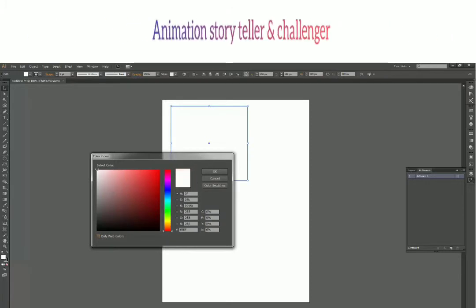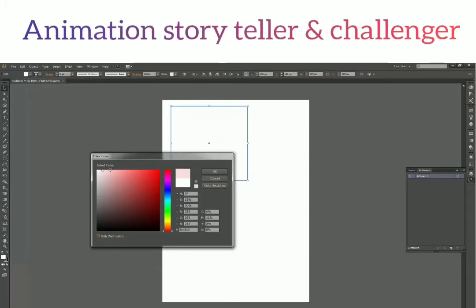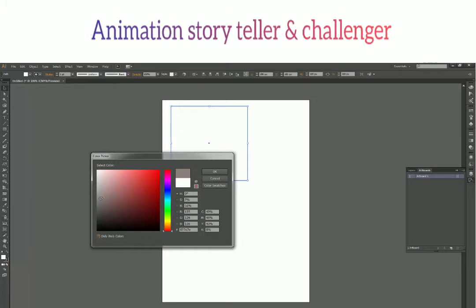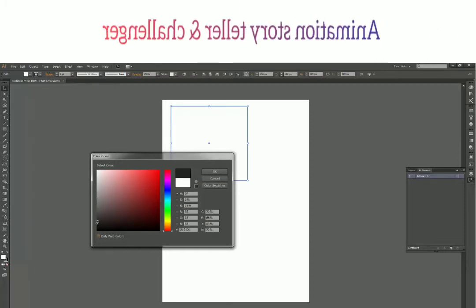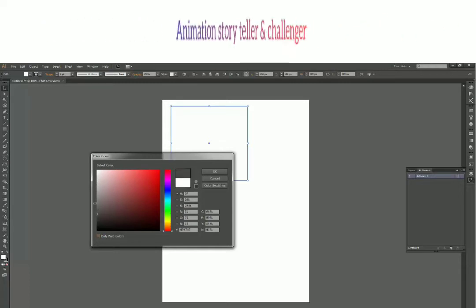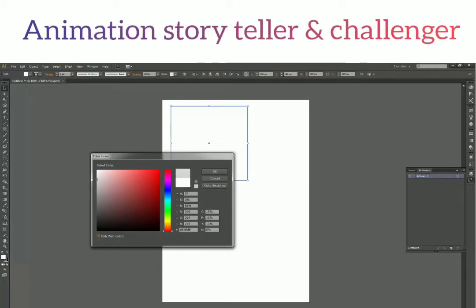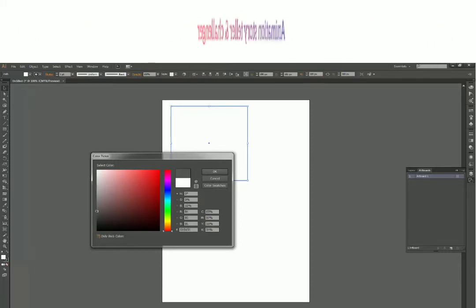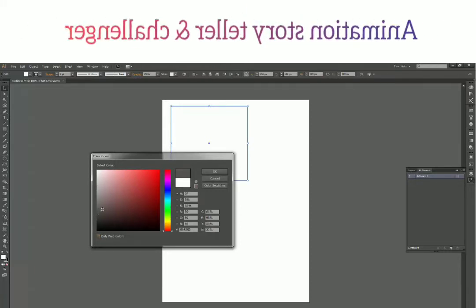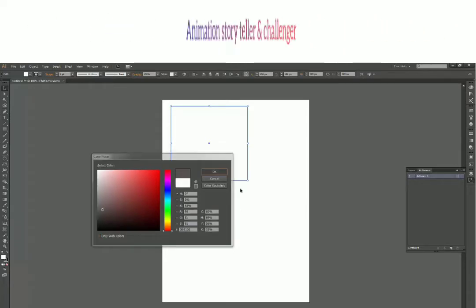I'm increasing the brightness over here, and I'm reducing the saturation level, and it goes absolutely gray on the very left side. Okay, let's say I select this gray with a little bit of red tint in it and press OK.